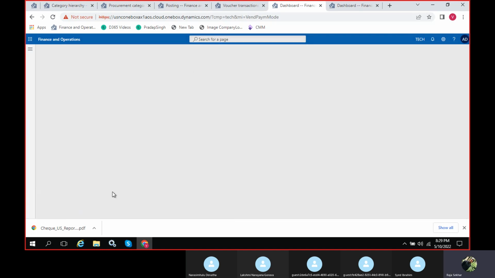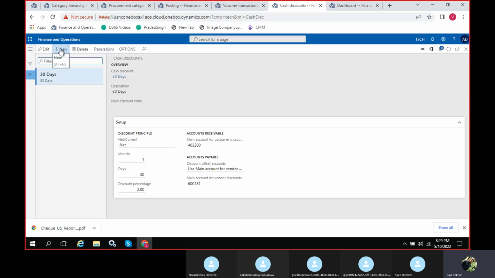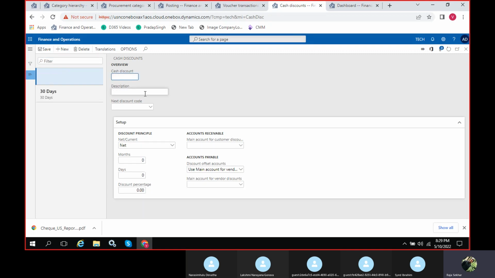Okay, so cash discounts we have seen, whether a 2% discount or a 5% cash discount.